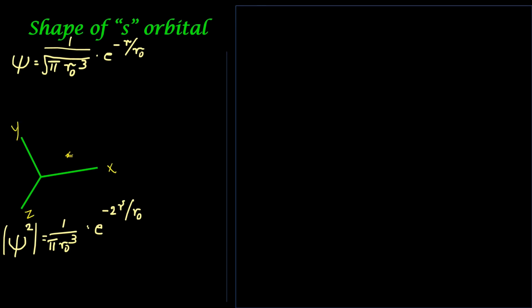This is the origin. It is supposed to be right on the nucleus. So from this point up to this point, this is r. The electron is revolving around the nucleus. This type of orthogonal coordinates represents spherical shape with the nucleus in the center. So this distance becomes the radial distance.